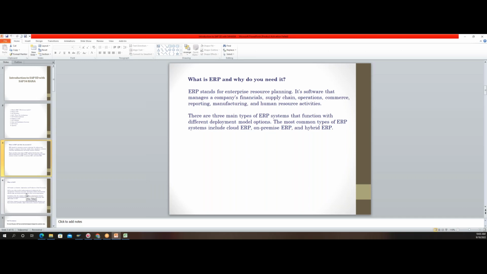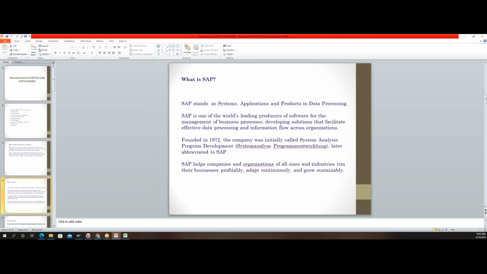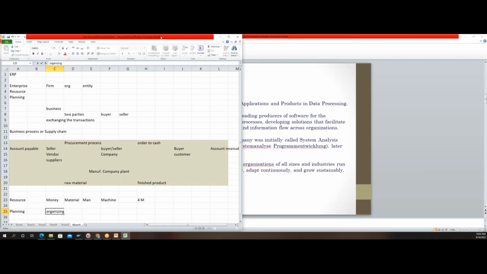Now, when I say ERP as a software, what are the software products available in ERP? We have many software products available catering to the different business needs. Say, for example, if some company is into only financial areas, there is Oracle Finance, which is available for the larger enterprises. Okay. Now, let us come back to this Excel sheet and